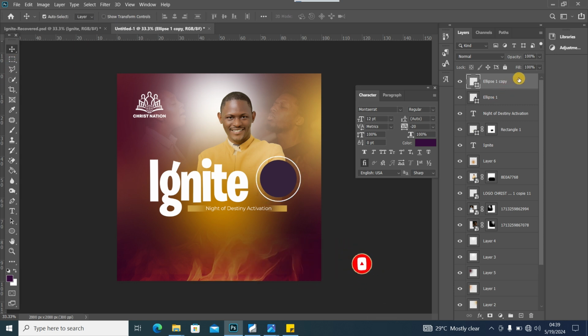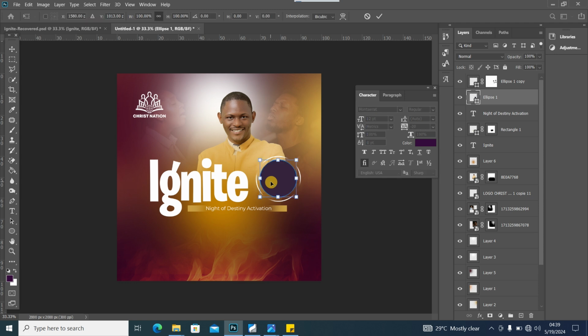Okay, at this point I'm going to add a mask. Now use my brush tool, reduce the size of my brush, make sure my foreground color is black, and I'll just dab on some of these areas like this, dab here like that, and Ctrl T. I want to increase the size of the circle a little more like this,